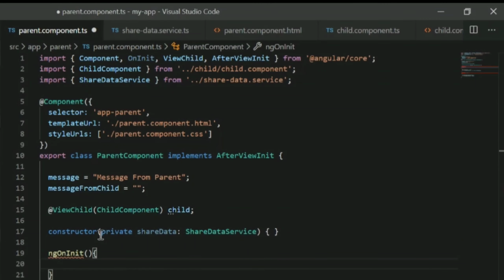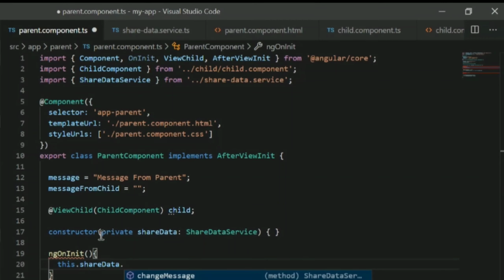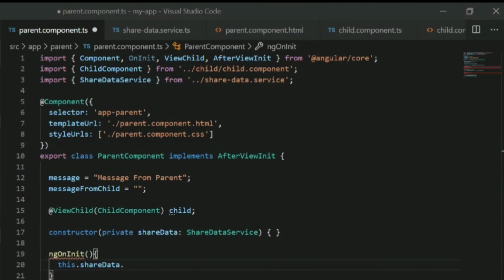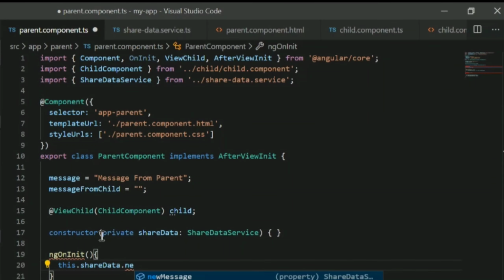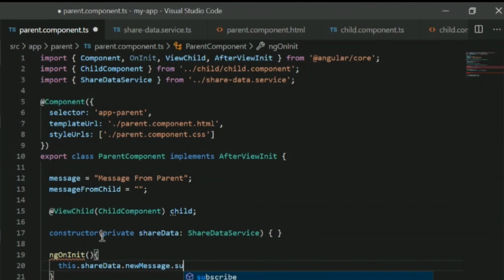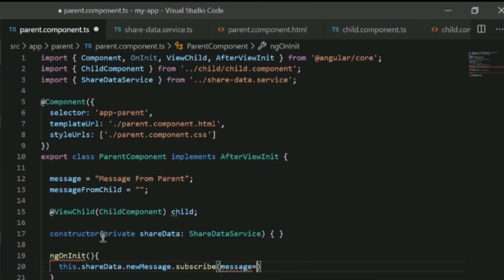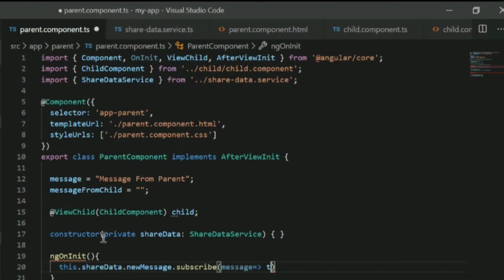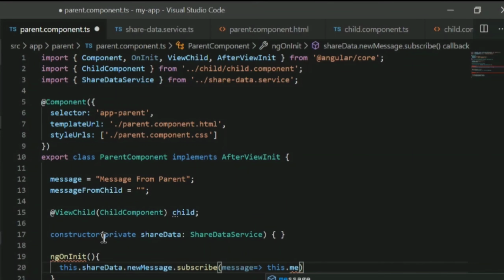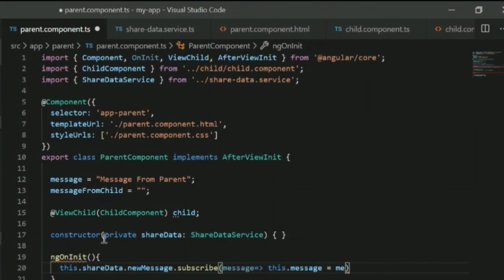Next, in the ngOnInit method, you can subscribe to this service, and you can make similar changes in your sibling component also.